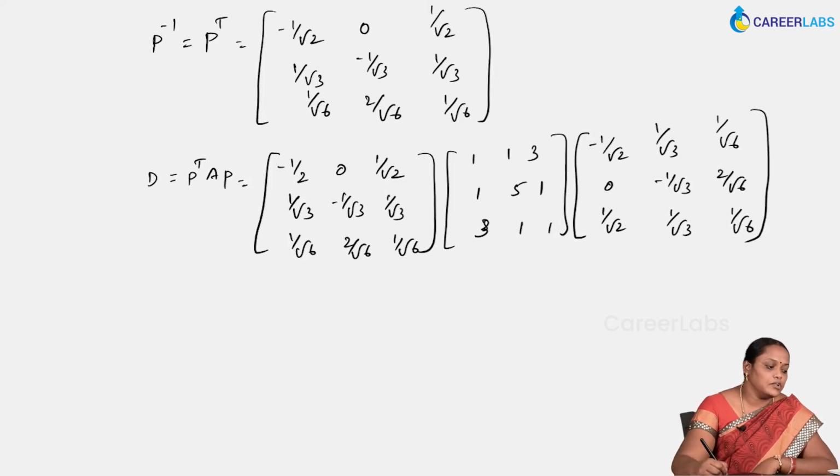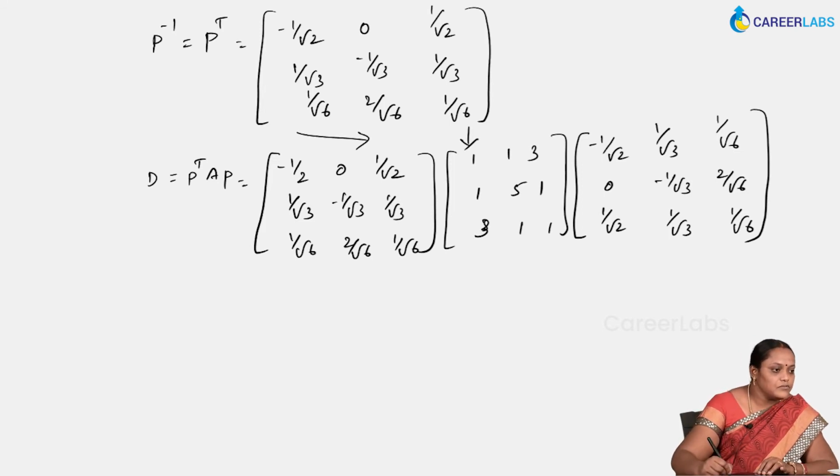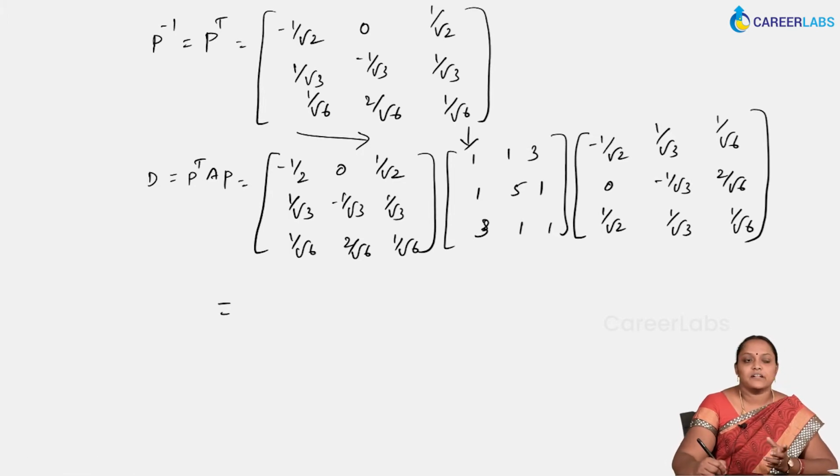Okay, so now we need to multiply these matrices, normal matrix multiplication. When you just multiply these two matrices first, then with that answer you will do the multiplication. Finally, we will take care of this part. So first let us multiply these two matrices. This is 3 cross 3, this is also 3 cross 3, so the resulting matrix is also 3 cross 3.